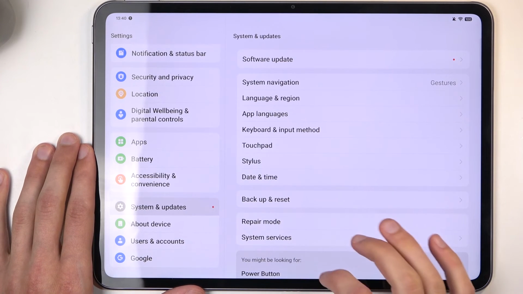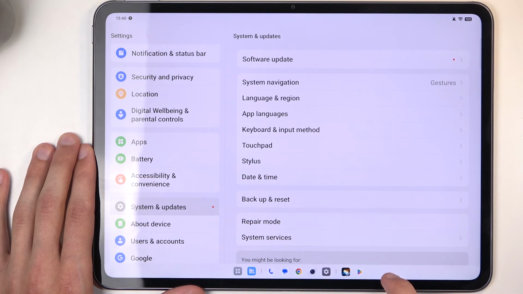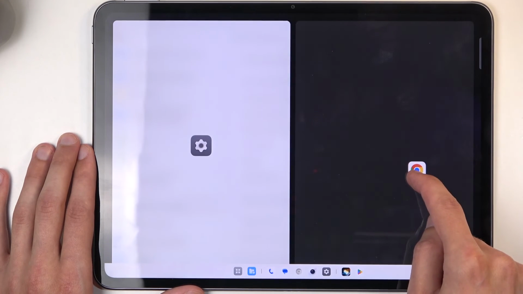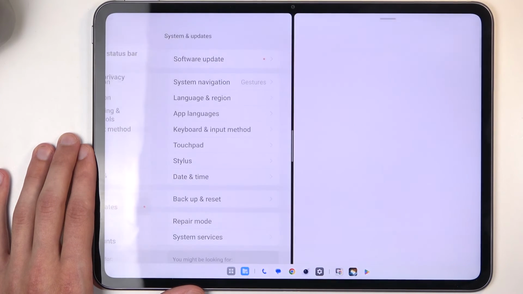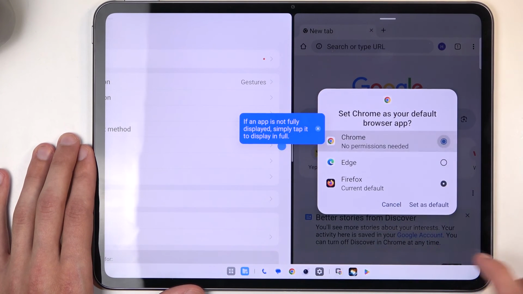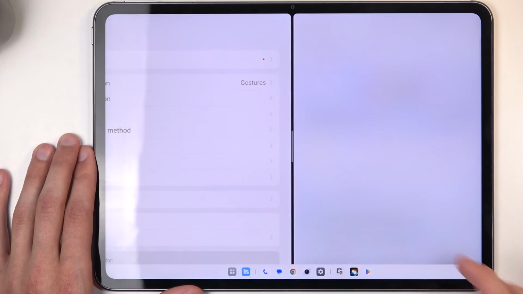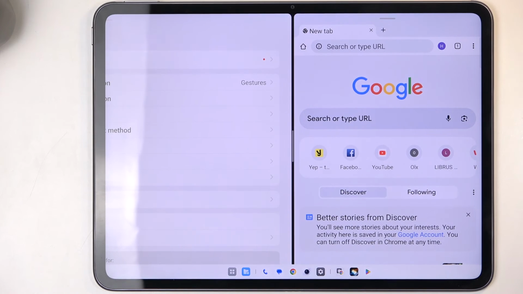And the last thing would be the bar right here that you can bring up by holding your finger on the bottom of the screen. There we go. So that's one thing, and this allows you to multitask. If I just bring up something like Chrome, I can grab it, drag it over, drop it, and easy split screening. And another thing that I can do is, apart from just moving these to the side to give me more or less space,